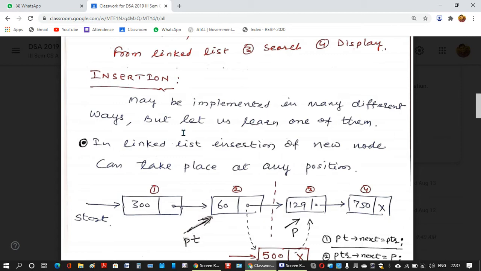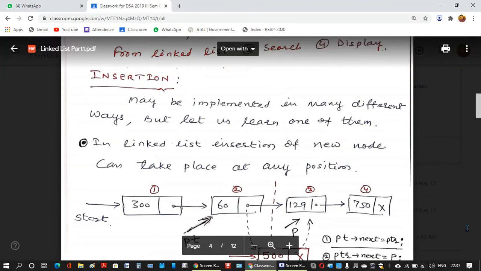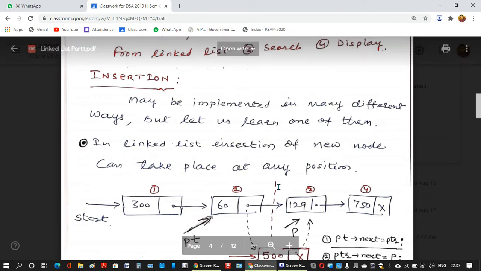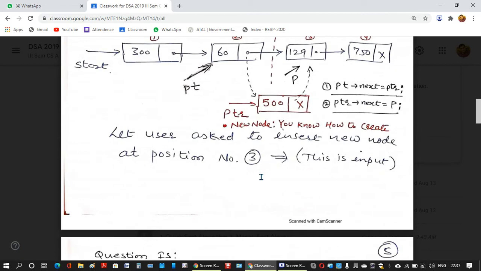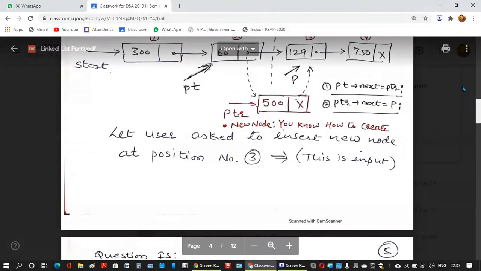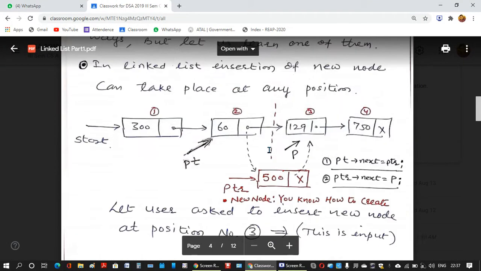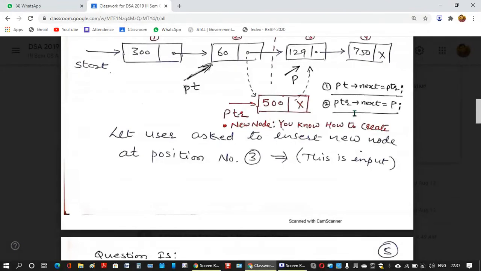See, we can implement linked list in many different ways, but here we concentrate on what we are discussing. So whatever we are discussing, you concentrate on that. You implement this type of linked list, and then later on you think how in other ways it can be implemented. So here you don't think that there are many ways and lose your concentration. Here you see how to implement in this way.